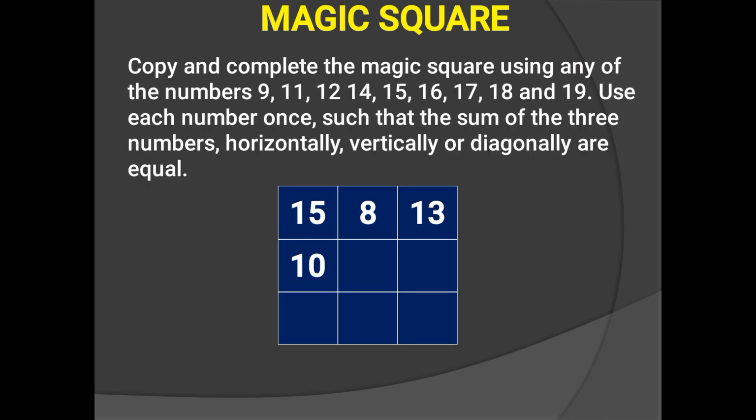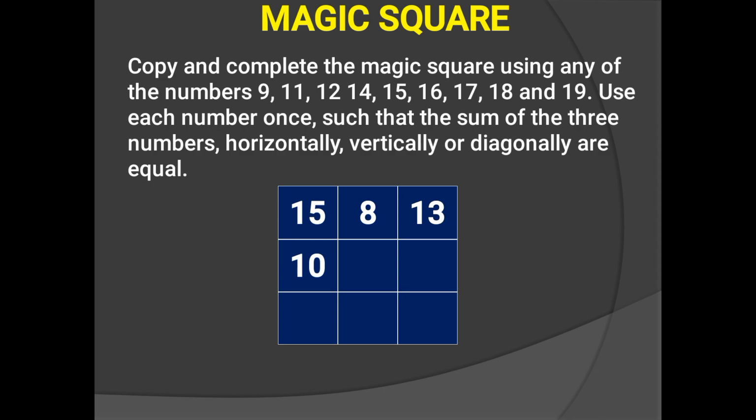All right. So this is a trial question. Actually, it is a sample question from NACA. All right. When they provided the sample questions and then the structure of the questions for the BEC, this is a sample question from them, from NACA. So it says we should copy and complete the magic square using any of the numbers 9, 11, 12, 14, 15, 16, 17, 18, and 19. Use each number once. Like I said, you can use it only once, such that the sum of 3 numbers